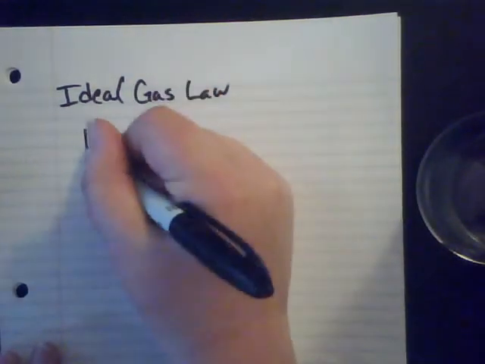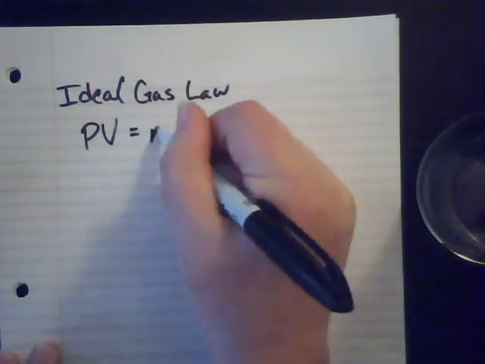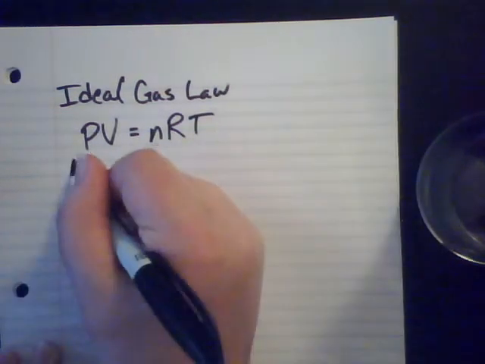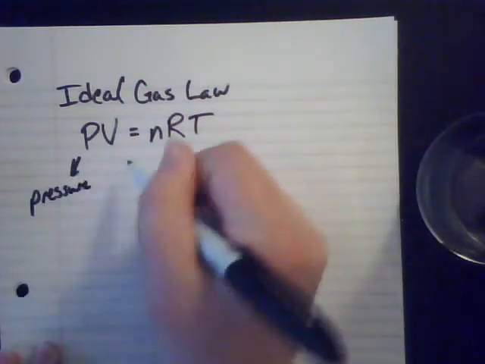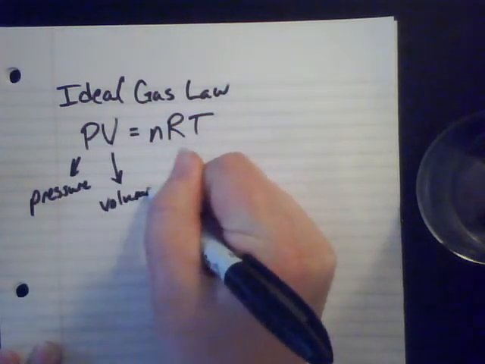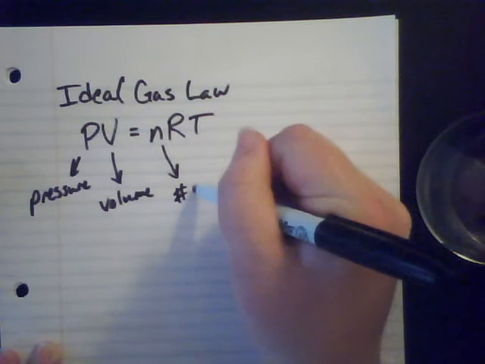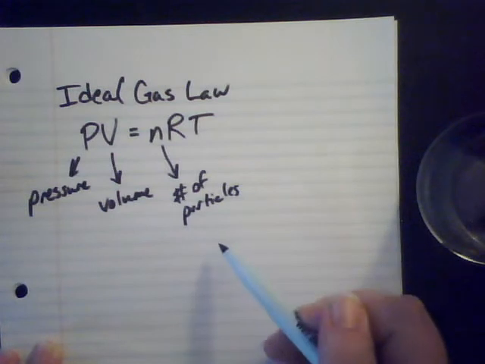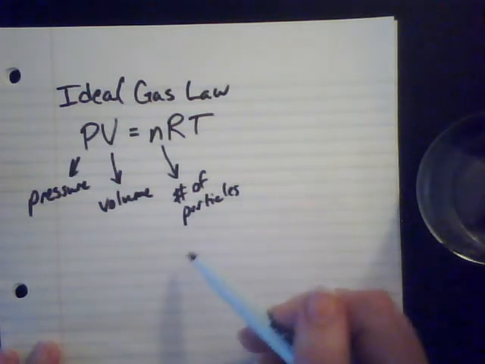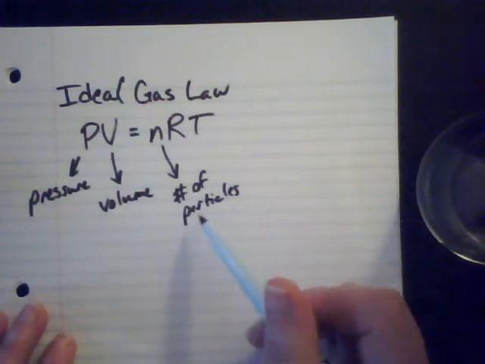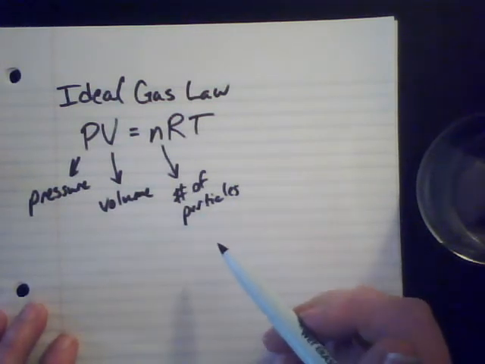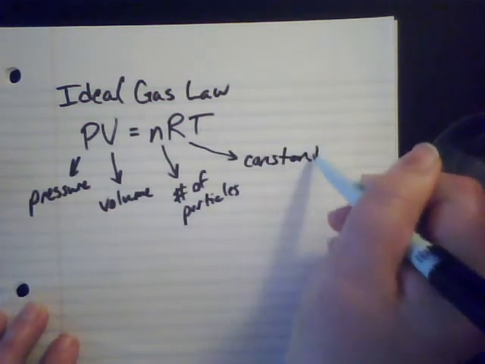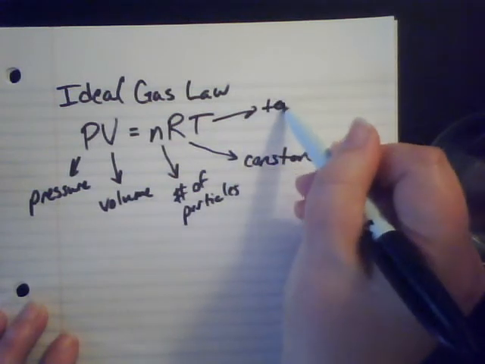And so we're talking about pressure, volume. It's equal to the number of moles times some constant R times T. So here's our pressure, P for pressure, V for volume, N for number of moles, or number of particles. Remember in our SI unit video we talked about amount, talking about how much or how many of something there are, and we're talking about moles as our SI unit. So we could also think about this in terms of moles, but for right now let's talk about number of particles. R is a constant, which you don't have to worry too much about, and then T is temperature.